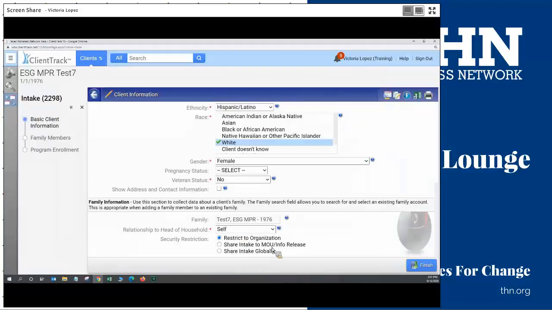That just means that only your organization will be able to find that client record, as opposed to share intake globally, which means the client record is available to all agencies on our system, and they're able to find and view things like their demographic and enrollment information. There is a third middle option here, and I get a lot of questions about this, share intake to MOU/info release.